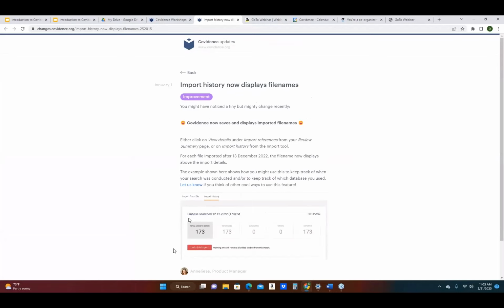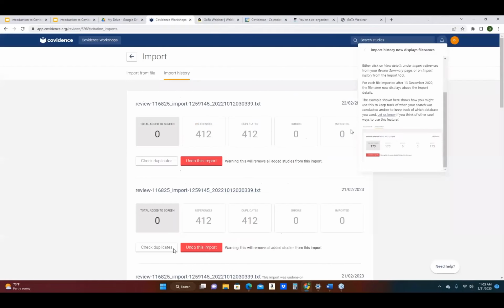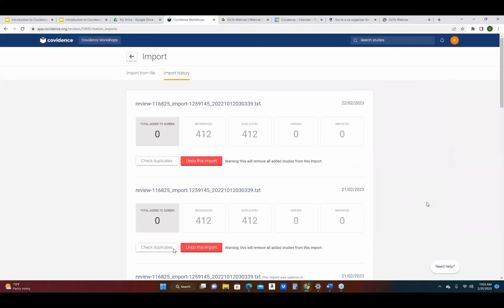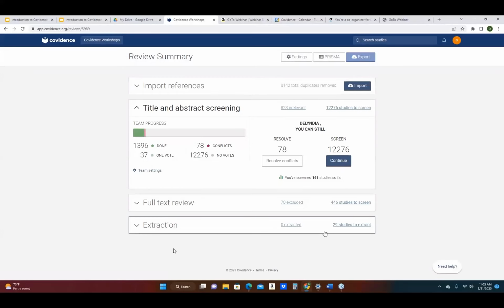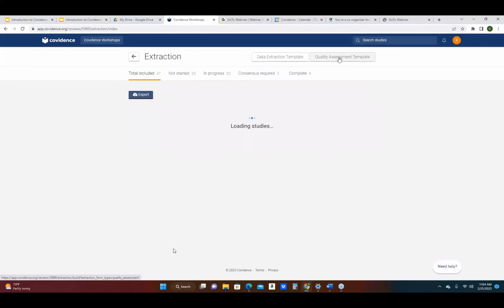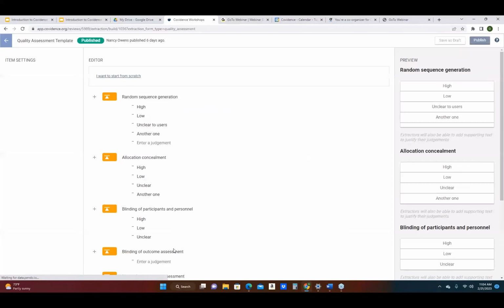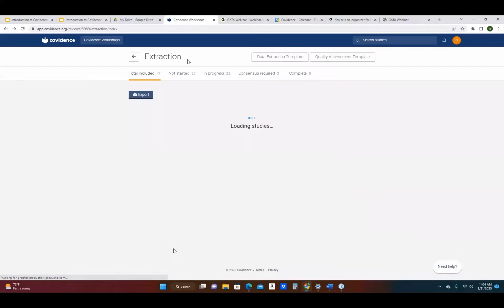And Linda, only one last question we have just came through now. The question is, is it possible to do a GRADE quality check automatically? So I think you're referring to GRADE, which is also for the assessment. Covidence doesn't have GRADE to assess in Covidence itself, but what you can do is data extraction and assessing the quality of your studies, which is part of assessing the GRADE as well of your references in your systematic review. So that's the part that we support from